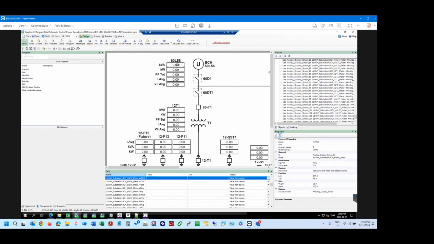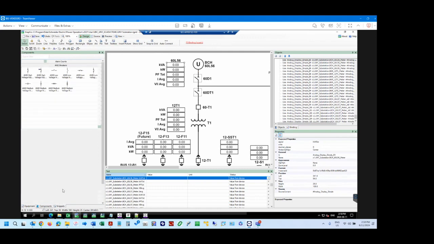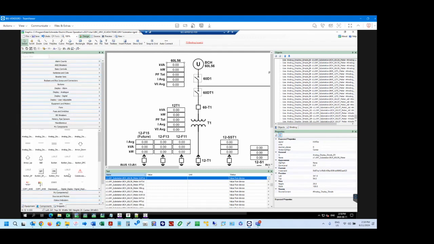All right, these analog values, these display boxes, they're a simple component on the left-hand side as well. They're underneath this group called My Components. So we've created some custom components for you guys. I'm not using them all. A colleague of mine has developed them. If we want to know more about some of them, we can definitely find out for you guys. But I'm using the analog display simple, and that's what they're all called here, analog display simple. And this one, you can see hashtag analog display simple. So if I drag out a new analog display simple,